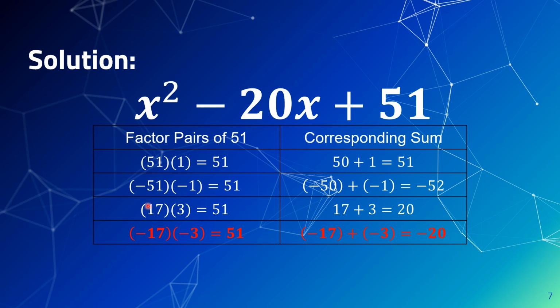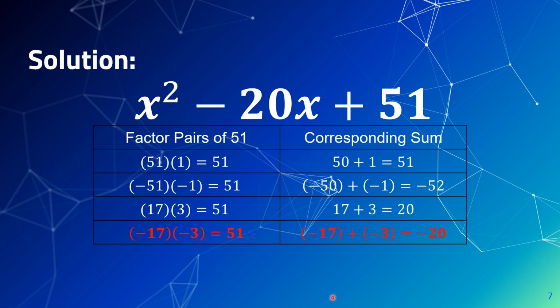The third one, 17 times 3, will give you 51 also, but if you add, will give you positive 20, which is not the same as the sign of the middle term, which is negative. However, negative 17 times negative 3 will give you positive 51. And if you add these two, negative 17 plus negative 3, will give you a sum of negative 20. So this last factor pair